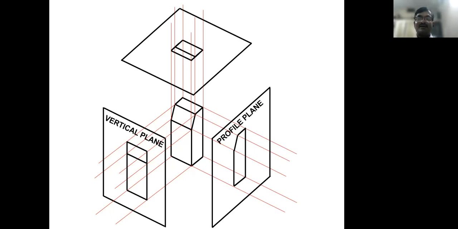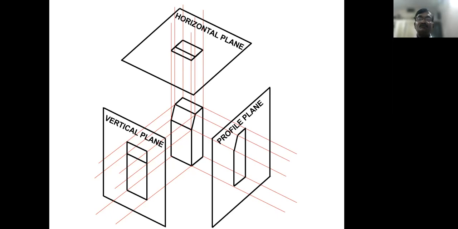And the second view is drawn from the side. Profile means one side. We call it parshva in Kannada, a view observed from one side. When observed from one side, we introduce one transparent plane, that is called the profile plane. PP is the abbreviation: P for profile, and PLANE for plane, that is PP.